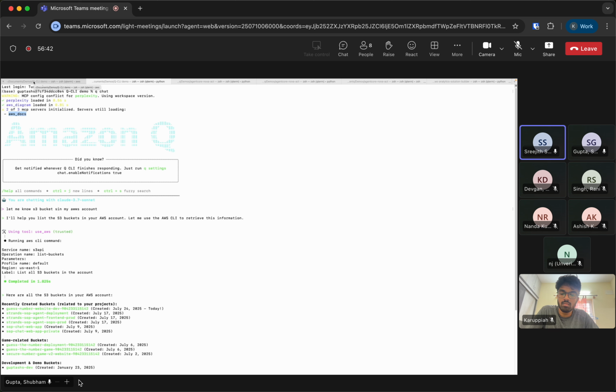Before inspecting, should I pull the report and export it in an S3 bucket, or can Q do that? Q can also do that for you. Yeah, the only thing is you need to be careful with this, because if you give it write access, delete access, it can actually make changes to your AWS environment. And since this is your production environment, I just want to be very careful.